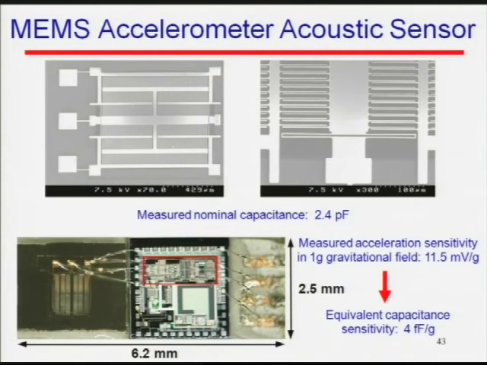So this is the SEM picture of the device fabricated by the external foundry. This is the movable fingers. We have the sensor here, the IC here. This is a 2 millimeter by 2 millimeter IC. What's inside this red box is the electronics that you need to convert the accelerometer output to an analog voltage. It is wire bonded and exhibits a 4 femtofarad per G, with a dimension of about 2.5 millimeter by 6.2 millimeter. The whole thing weighs about 25 milligram, which is a little bit higher than the 20 milligram requirement, but we still go ahead to do some